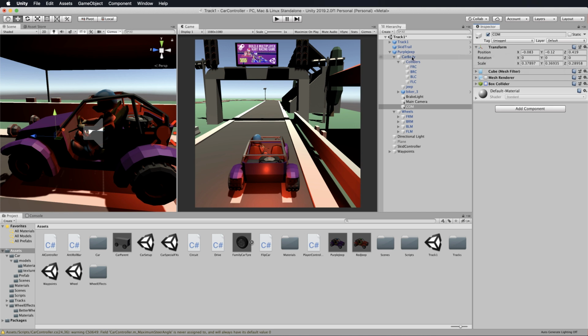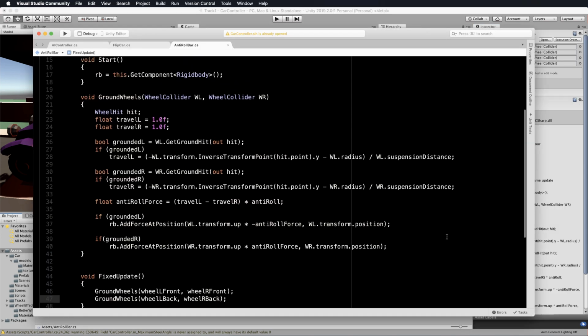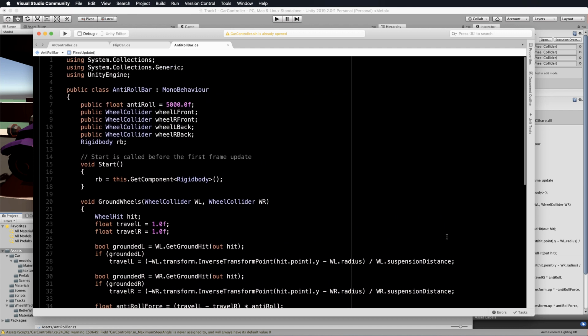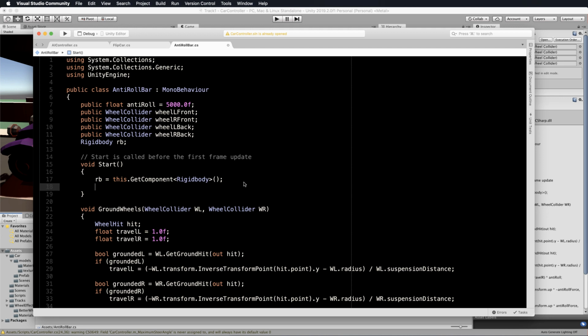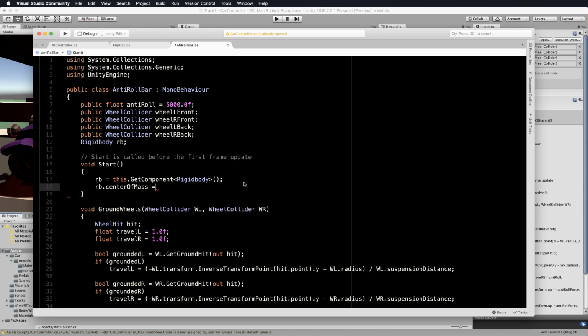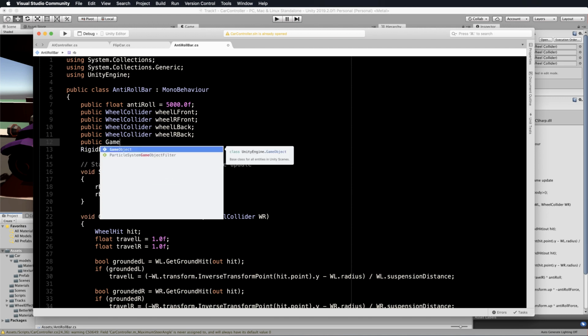Right, so let's put this in the anti-roll bar code, because it's the one that I guess is setting up the ability to keep this car from flipping over. So down in the start where we've grabbed the rigid body, let's do a rigidbody dot center of mass, and that's going to equal our cube. Now we've got to pass that through somewhere. So let's come up to the top and put public game object,